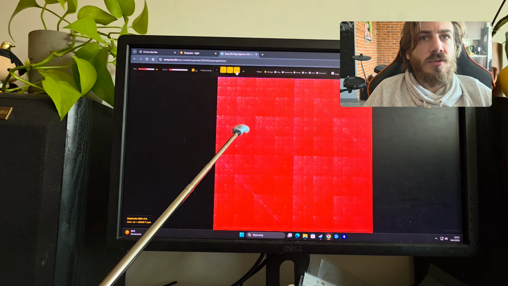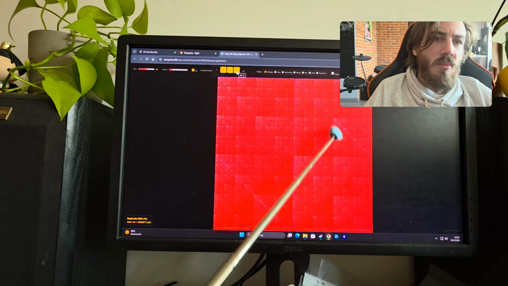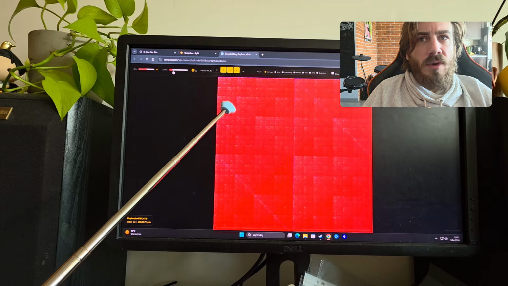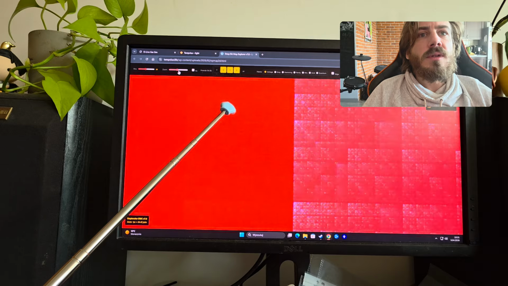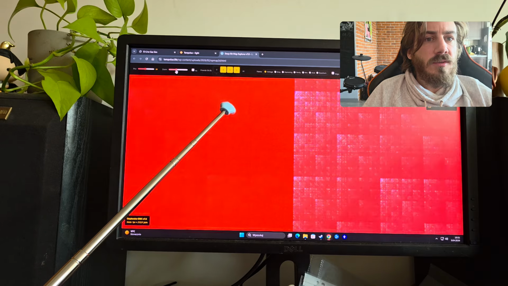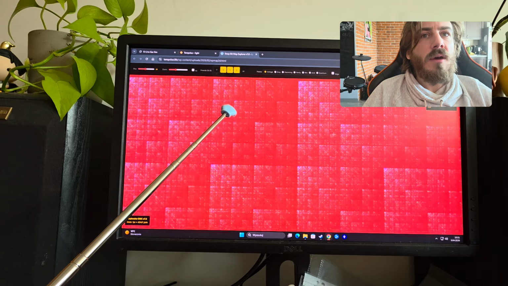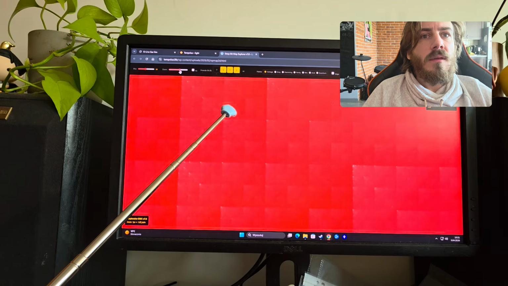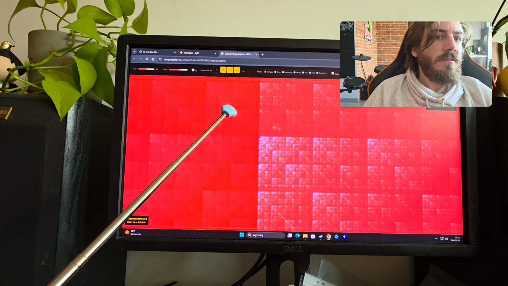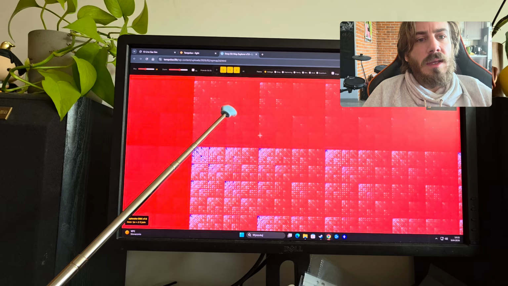So if we change it to OR, you can see that it's mostly red, but it's not really red. If you zoom into it, you'll see that there are places where there's quite a lot of not red, and they are kind of far in between. And if you think, well, how is it that